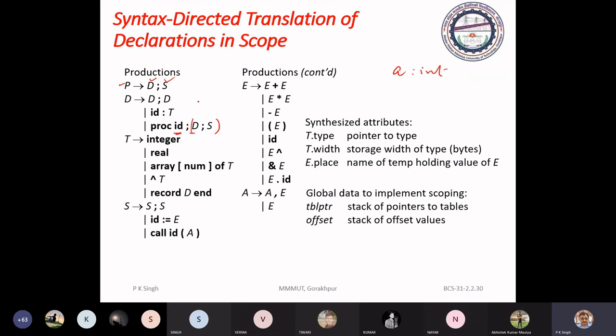In the body of a procedure or function, you have declaration and statement list, and declaration can again be defined with this D. This declaration is local to the procedure or function body.